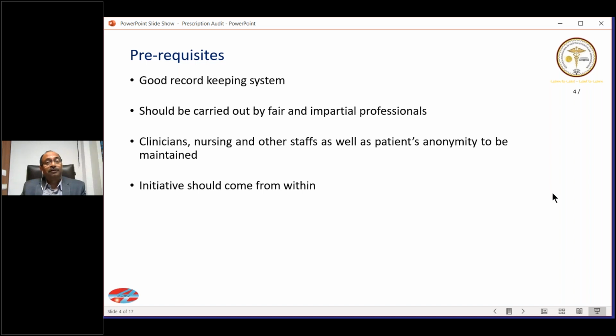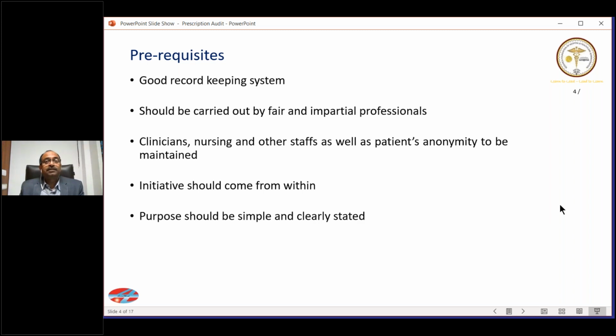Initiative must come from within. So to do an audit, it is the internal requirement of the quality system. The hospital itself must embark on the audit journeys. Now, we can say that here the NABH is demanding an audit, and therefore we are doing it because we have to comply with NABH diktats, if I can use these words. But please remember, the NABH accreditation itself is a voluntary process. So if we have volunteered, then obviously the initiative has come from within.